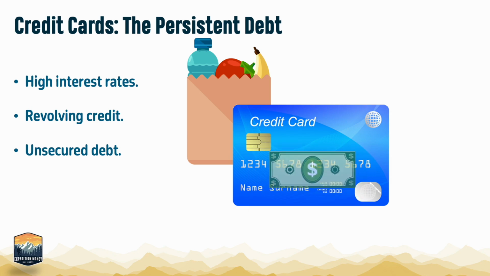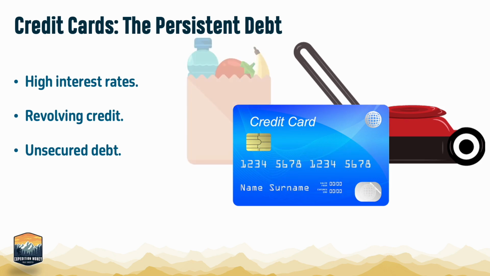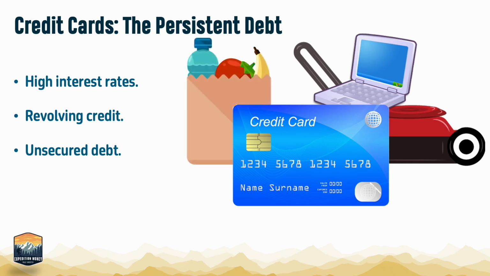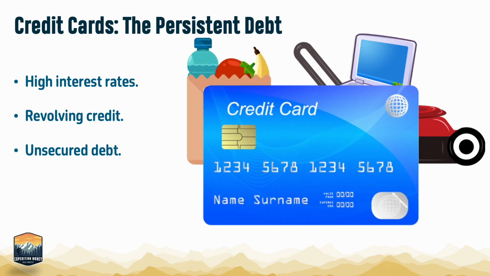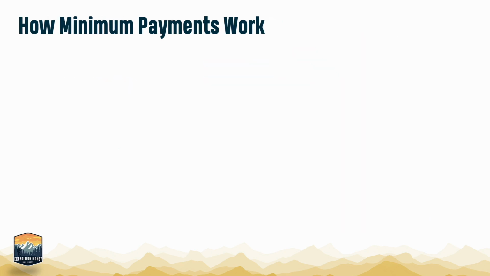You can send in a payment and pay it off. Then you can buy some more with it, and you can send in the same amount. And maybe you don't pay it all off. Then you can buy some more. Even when you're making payments, it's easy to see why credit card balances can grow and why the typical household has thousands of dollars outstanding on credit cards. Now combine that with the temptation of the minimum payment, and it can be tough to make any progress.